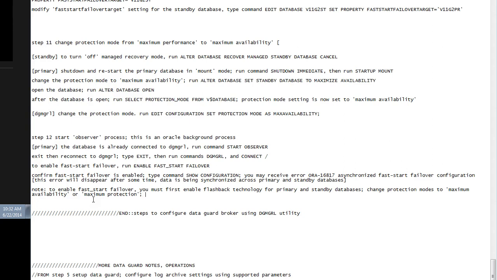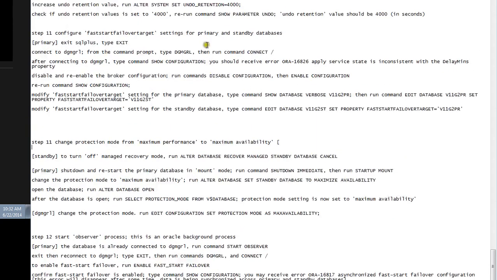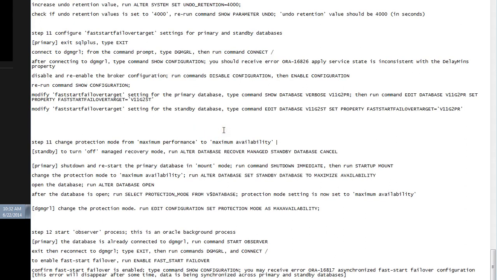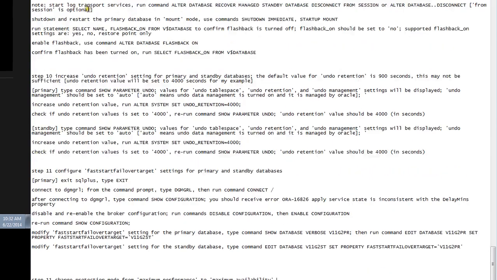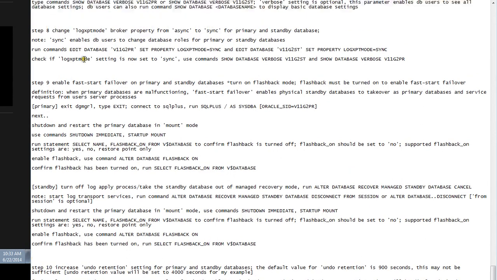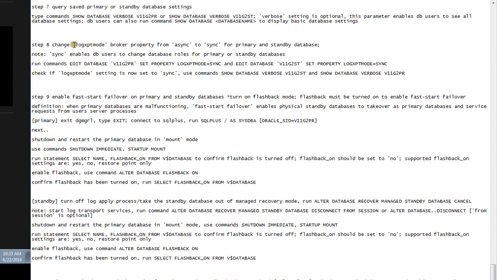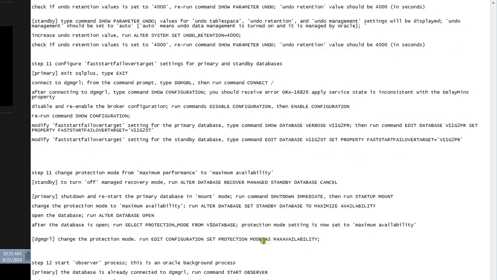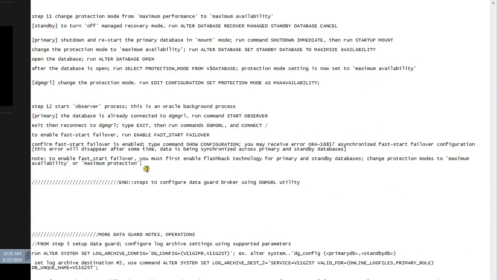And after you've done that, you need to change these settings. Let me make sure I can find it. You need to change this value. So this is not okay in terms of this parameter, right? This parameter has to be configured. It's a very long explanation, but basically the log XPT property must be set to async for max performance,